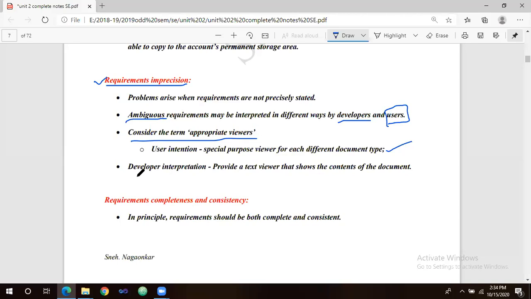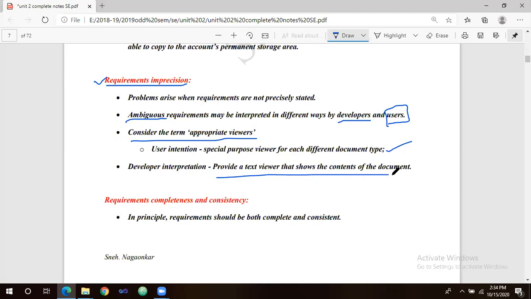If the requirements are clear, the software will work clearly. The requirement is that the user must log in, and after login, the user must be able to search all the databases of all the other libraries that are connected and get the appropriate search. That is our user requirement here. Provide a text viewer that shows the contents of a document.